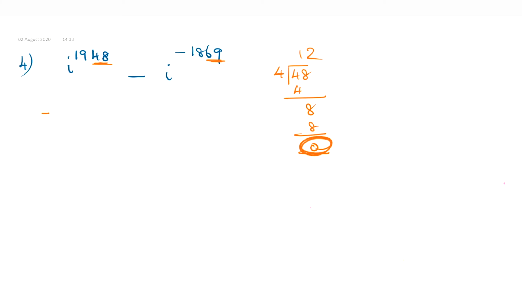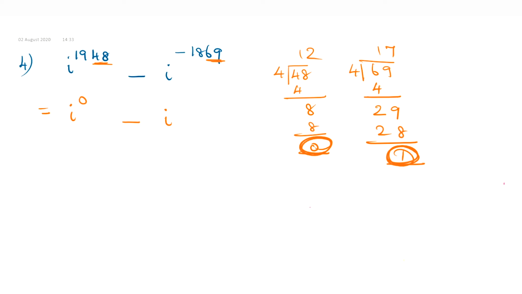Okay. So this can be written as i power 0 minus. Now you are having 69. You divide 69 by 4. 4 ones are 4. Here remainder is 2. Here 9. 4 sevens are 28. So the remainder is 1. So here having 1. So i power, here having minus. So minus 1. So this is equal to i power 0 minus i power minus 1 can be written as